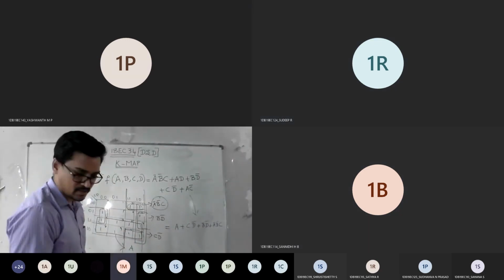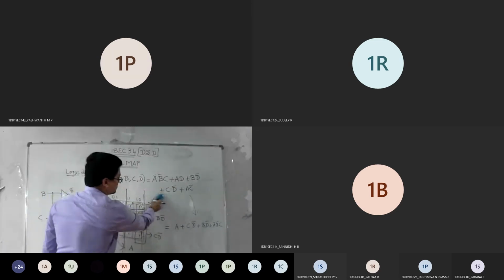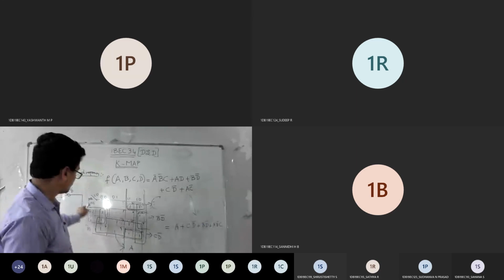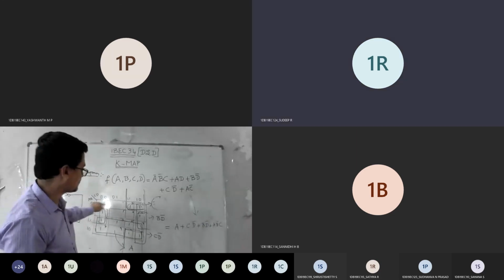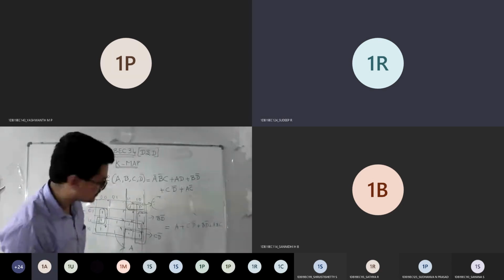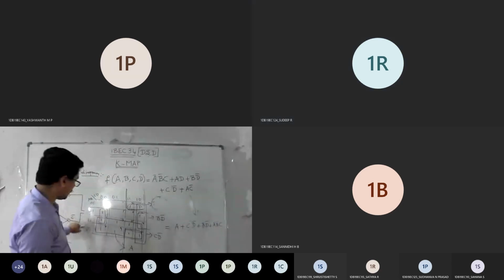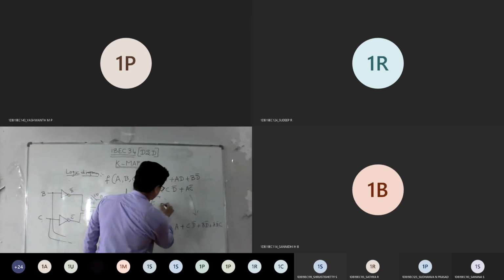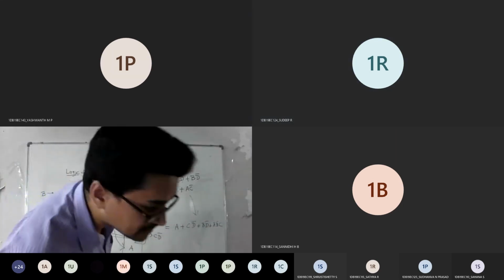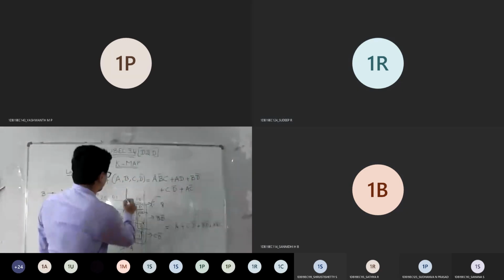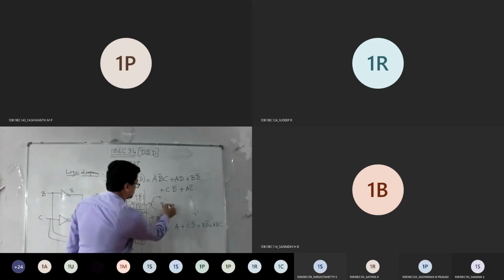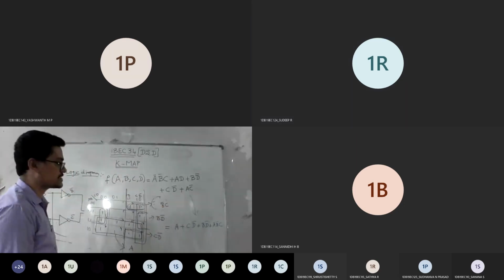Yeah, from this, can we reduce again this to what? B bar C. So from this two, the common term is B, B bar. And from here, sir, the common term is B bar C. B bar. So from this two the common term is B bar, agree? Then C. Here, C. This is CD and this is CD bar. So C is common. So you got B bar C.